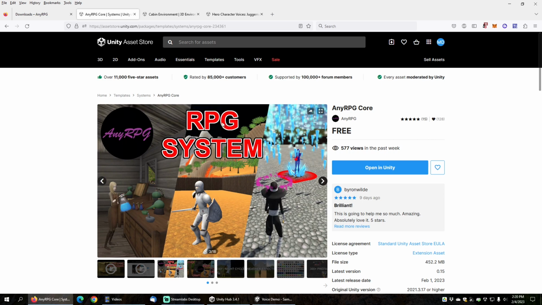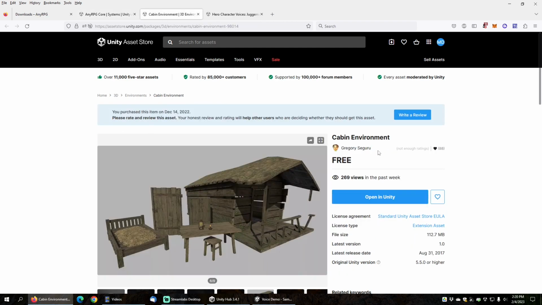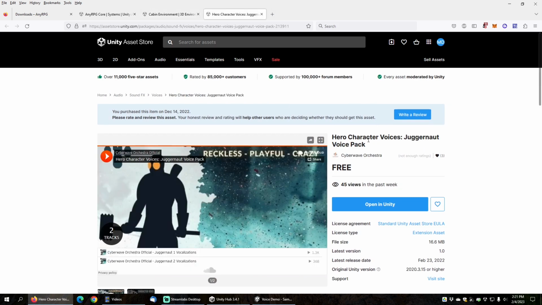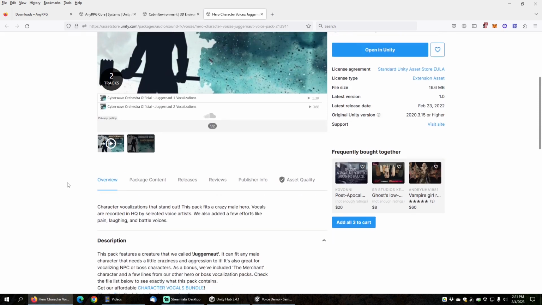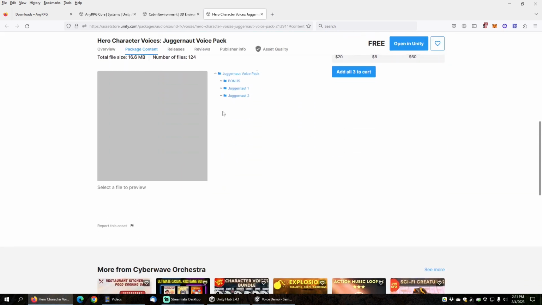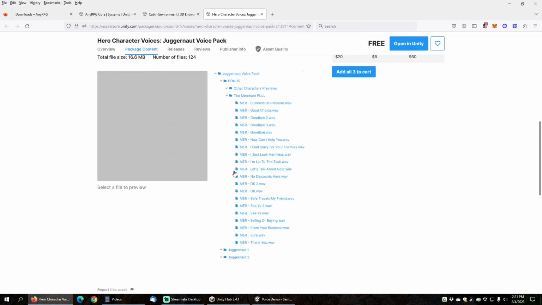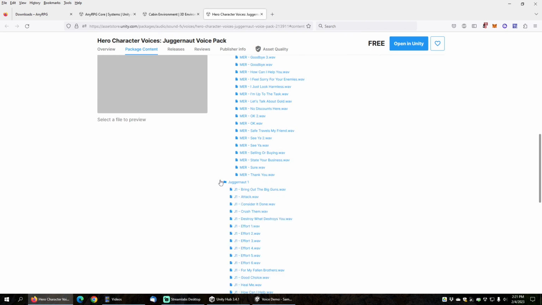Store. I will also be using the following two free assets from the Asset Store: the Cabin Environment Free by Gregory Seguru, which just contains a nice environment with a cabin where we can stick some NPCs to try out the voices, as well as the Hero Character Voices Juggernaut Voice Pack for free by Cyberwave Orchestra. And this is a fantastic pack because it has not only a full merchant voice, but also some warrior voices